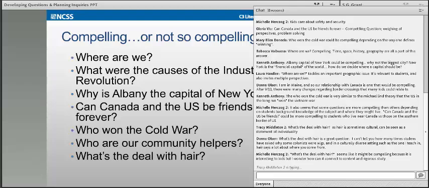So we've got a couple more. I'm looking down through to see if anyone is pointing out that one question might be not so compelling. Several of you are quite tickled, however, with the question of what's the deal with hair. It's interesting, you know, and in some ways, I wonder if we couldn't teach the entire global or world history course just focusing on how hairstyles change over time. Any nominations for questions that aren't so compelling? We'll take another minute or two.